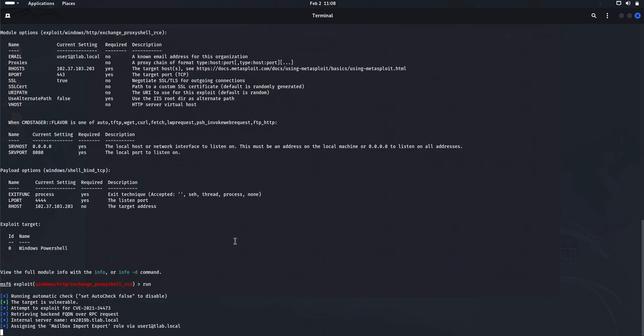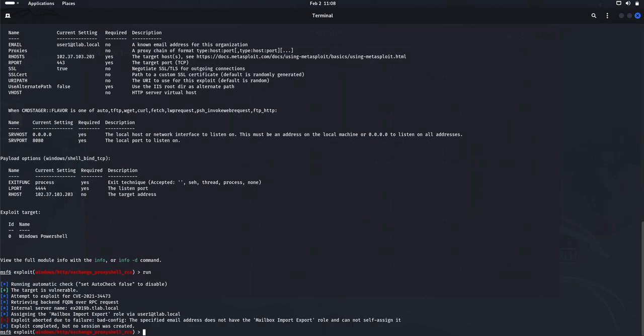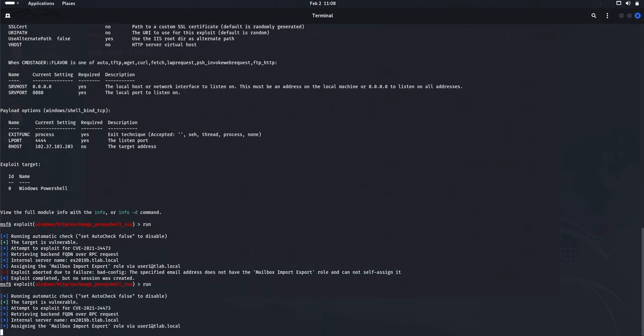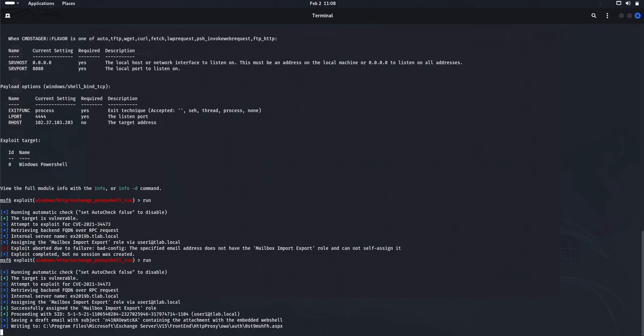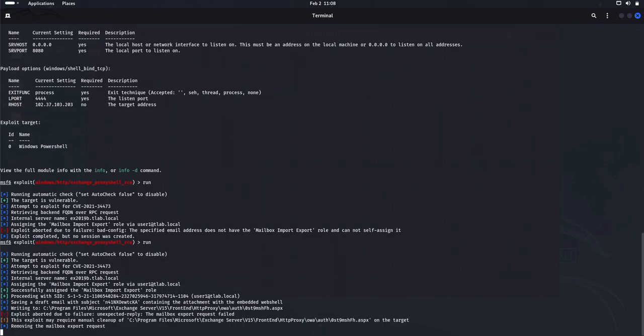And while we wait for that, on the other side on my Exchange server, it is going crazy on the Windows Defender side of things. Windows Defender doesn't actually block it. Let's try this again because it did work earlier. Let's run it again. There we go. Sometimes you just have to do it twice